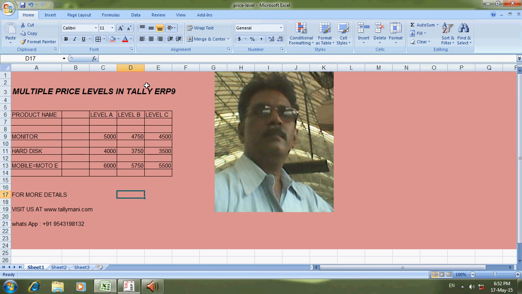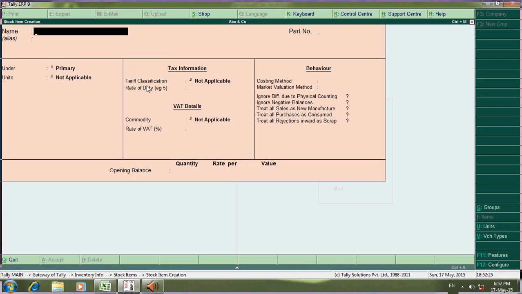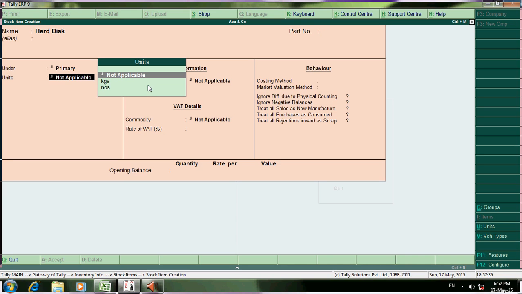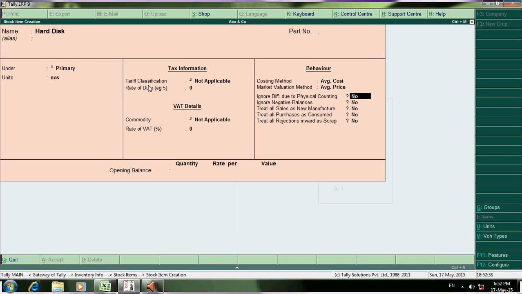Now one more item is hard disk, and mobile Moto E. Hard disk, numbers.